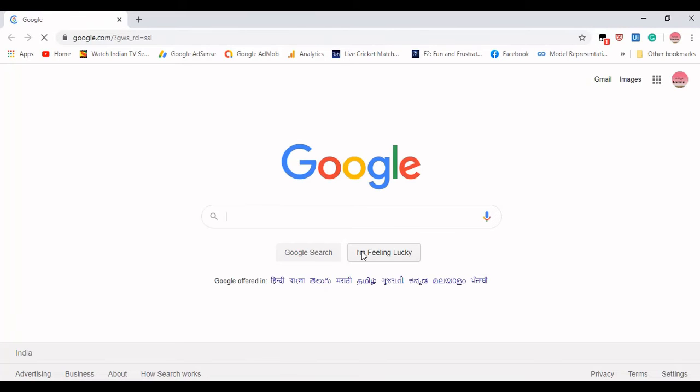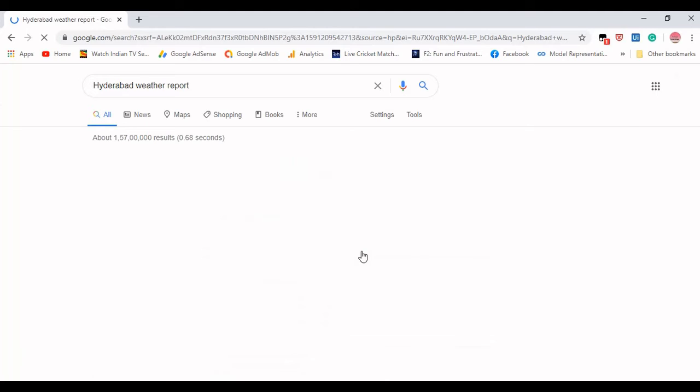Hyderabad. Then it's opening the Google Chrome. Just quickly type the required value there, and then after that it is entered.